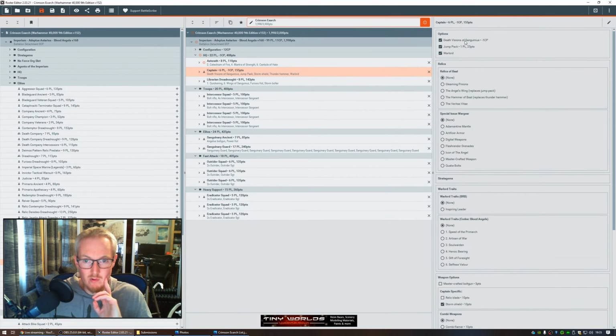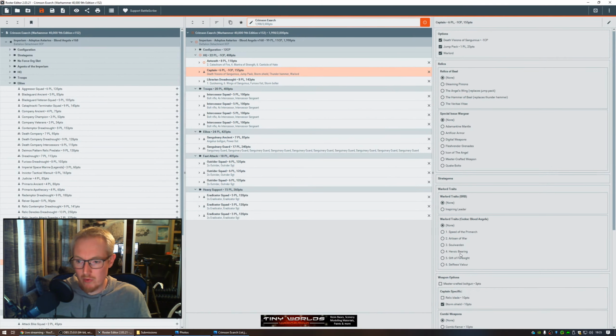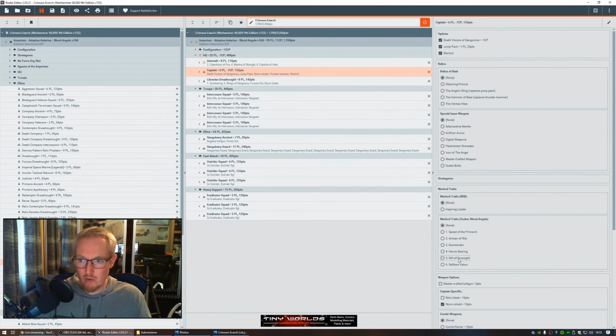You can put Death Visions of Sanguinarius on him for 1 CP, that puts him into the Death Company, and in doing so he then gains a feel no pain. The traits that you can have: you can give him Gift of Foresight, which stacks up. So for 1 CP and choosing Gift of Foresight, you can give him the 5+ feel no pain. But you can also give him Artisan of War to make his Thunderhammer 4 damage, which I find...